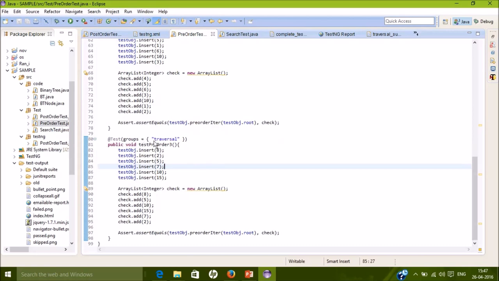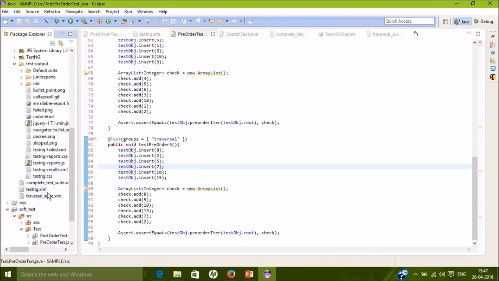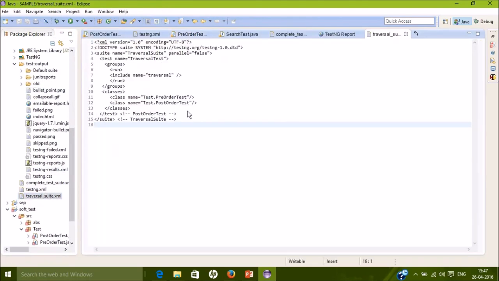So how this helps me is that right now I'm just running test methods of one class sequentially, but when I need to group test methods of different classes, like over here I need to group the methods of the PostOrderTest class and the PreOrderTest class, I give them the same group, traversal. Now in this suite, in this test, I can have methods run only according to the groups.